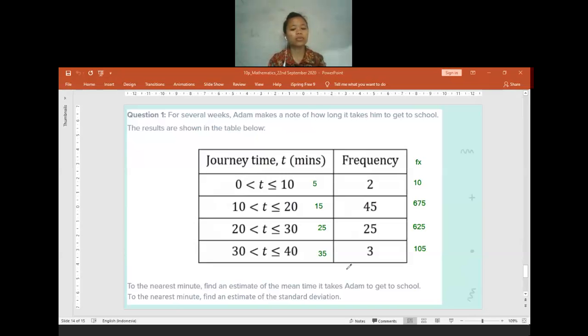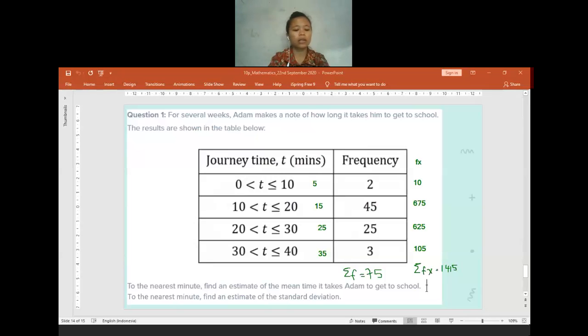You can plus them all and then divide it by the sigma f. Sigma f in here will be the total frequency. So you need to find the total frequency. How many is the total frequency? Can anyone help me? Or maybe the sigma fx, maybe you can help me also. Yeah, for the sigma f, it will be 75. For the sigma fx, how much will it be? Is it 1415? Okay, 1415. Thank you.